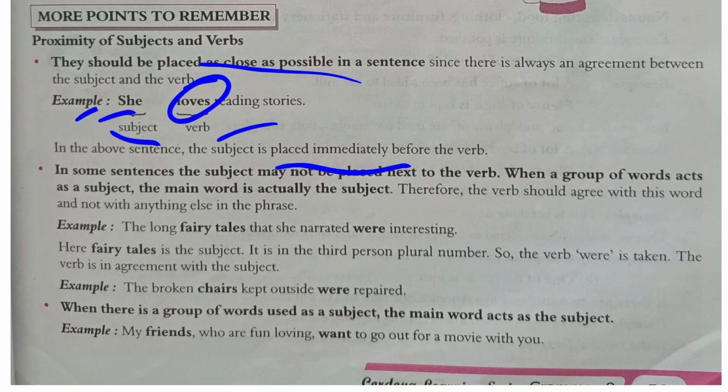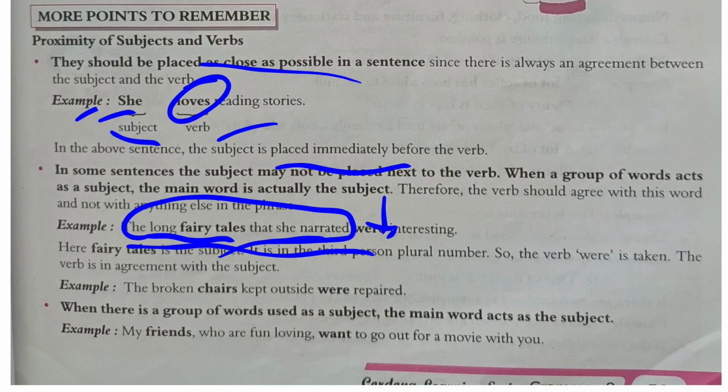For example, the long fairy tales that she narrated. अब verb यहाँ पर आया है इतने बड़े subject के बाद. Understood? The long fairy tales that she narrated were interesting. So it's not important कि जो subject है वो वर्ब के तुरंत पहले आएगा, है ना? ठीक है, वो थोड़ी देर, वर्ब जो है वो सब्जेक्ट के थोड़ी देर बाद में भी आ सकता है, like you can see here in this example. Let's try to understand